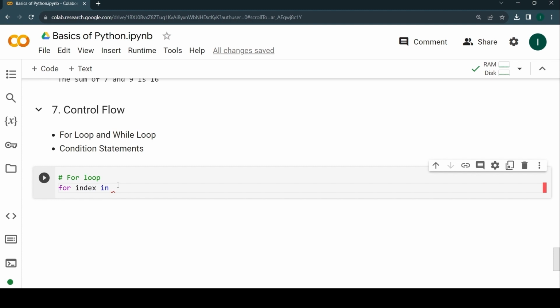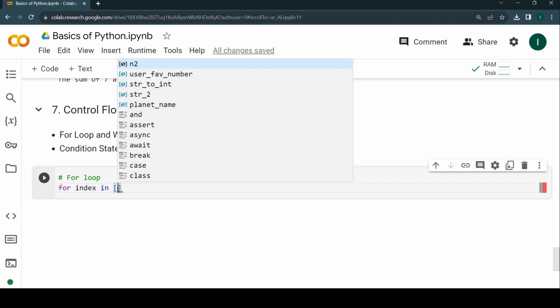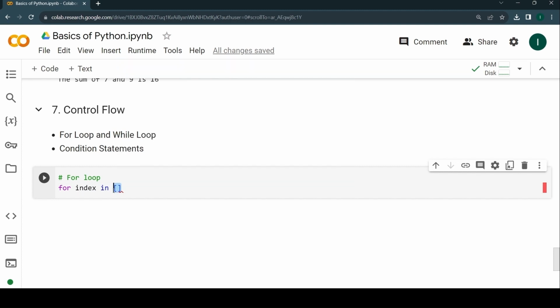Let's say I have a list of numbers. In Python, you can create a list with the help of square brackets. Again, this is not important to discuss as of now, but let's say you know about this kind of list, and I'm storing, let's say, 0, 1, 2, 3, 4 in the list. Now what's going to happen? Automatically, this index is going to act like a temporary variable that's going to take, one by one, the values present inside this iterator. The list is an iterator where you are storing multiple different values, and this index is going to take these values one by one,